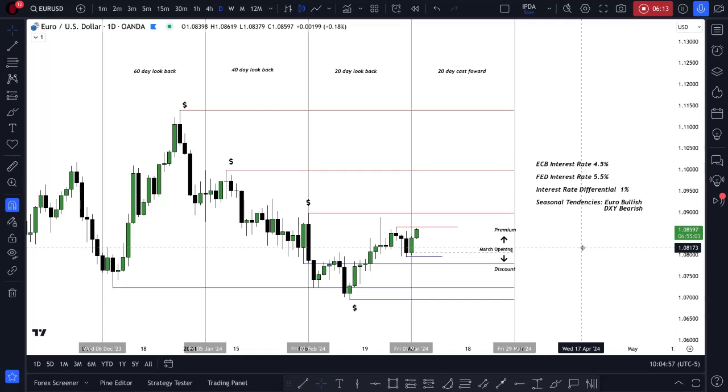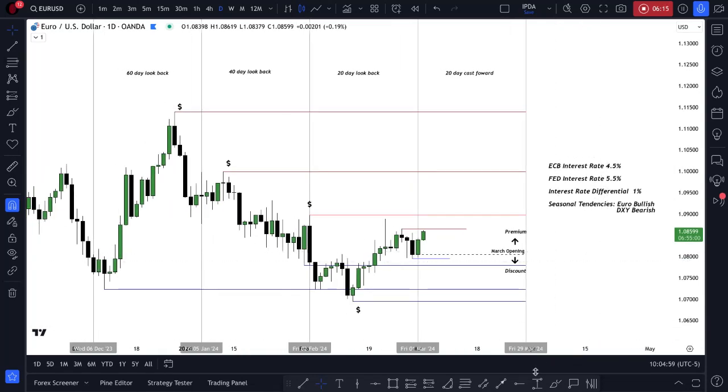So hopefully this was insightful. We're going to keep it very simple. We don't do a lot. The daily tracking, it's very concise information. Normally the first episode of every single month is a little longer. I have to explain a couple things, some background information: the interest rates, the differential, the seasonal tendencies, small range versus large range. So we can see as well,